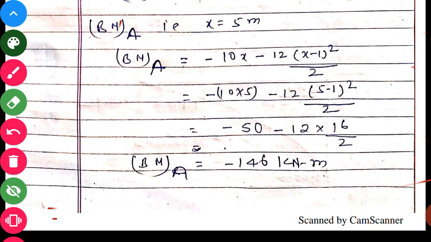Because the section has a right-side clockwise movement, we can take the sign convention as negative. Okay,